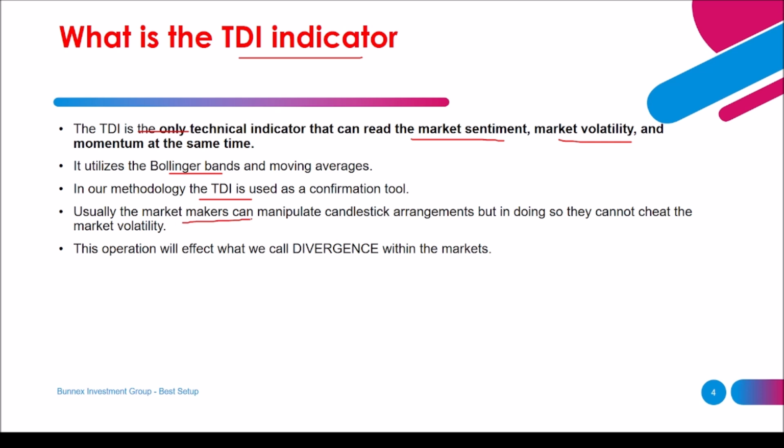Usually the market makers can manipulate candlestick arrangements, but in doing so, they cannot cheat the market volatility. This market volatility is actually measured by the TDI in the form of the relative strength of a particular currency in its pairing. So this operation, whereby the market makers are manipulating the candlestick arrangements but are not able to manipulate the relative strength of a currency pair in its pairing, will actually create what we call divergence